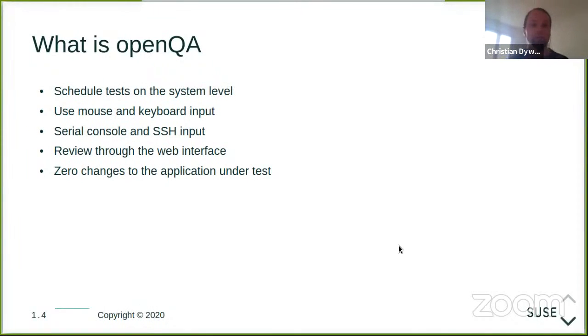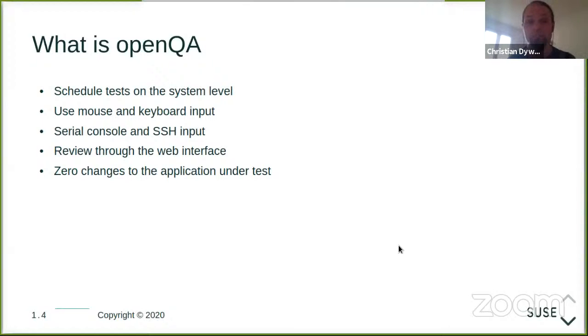All right, so the big question: what is openQA? QA is already in the name, and you're probably somewhat familiar, if you're listening to this, with what QA means. QA is quality assurance, of course. That is, you are using some kind of software and you want to know that it works, that it does its thing, at least to a certain level of: this is what I know it should be doing, and I want to find that out.